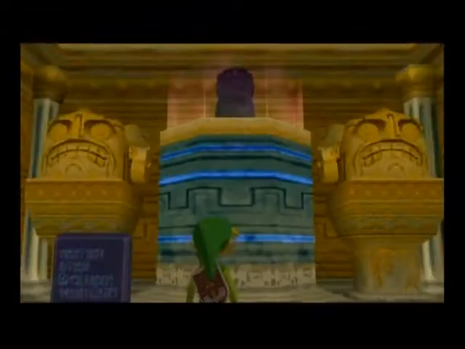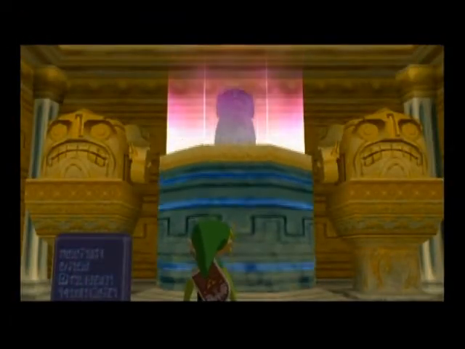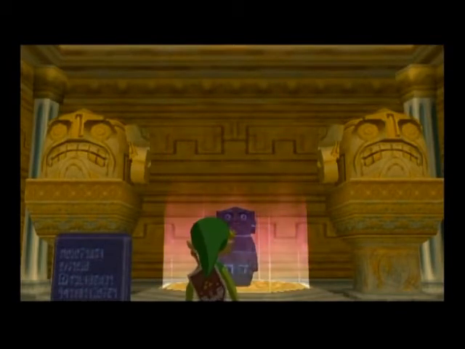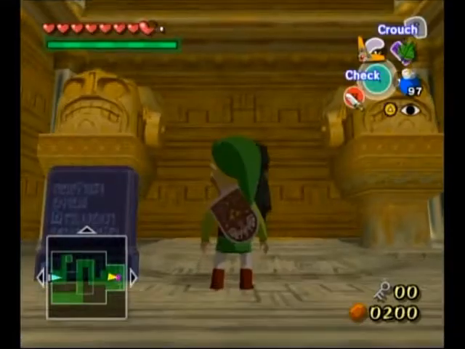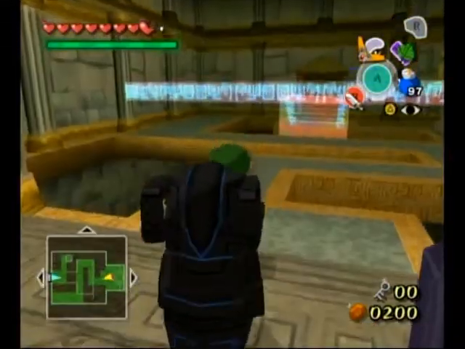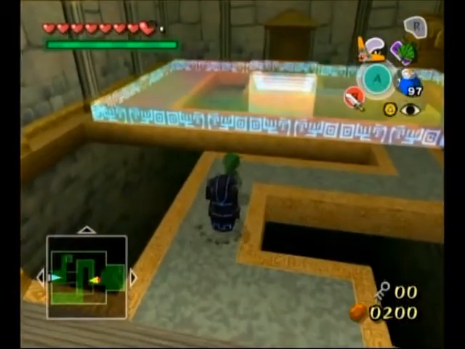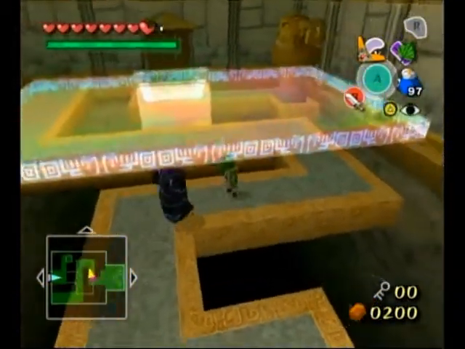Come on. What? What the? What? Link? You spoke? He speaks? What kind of sorcery is this? I mean, Link, you're the silent protagonist. You're supposed to be silent. You're supposed to be the link between the player and you. And